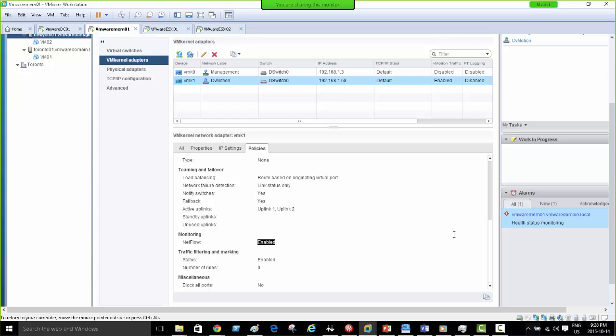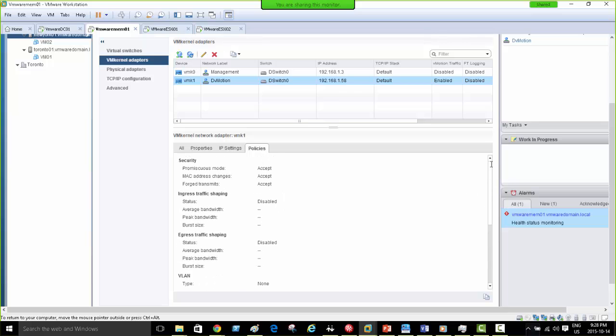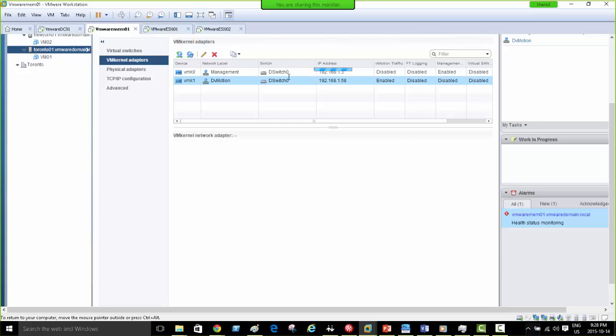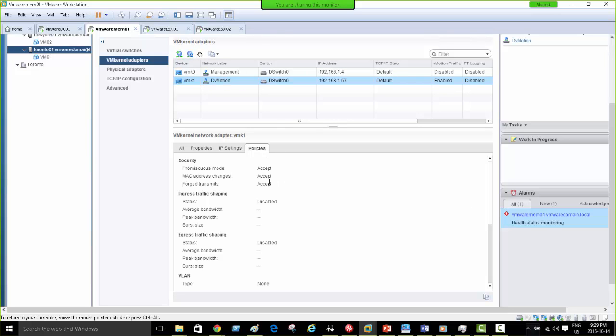So yes, the policies are showing here. If I centrally change them, the policies for that port group will change and will affect the whole huge traffic that is going through that port group. So if I go to the second host as well, to the same area, and of course all the hosts should be reflecting whatever we changed on the, so if I click here, yes, all the